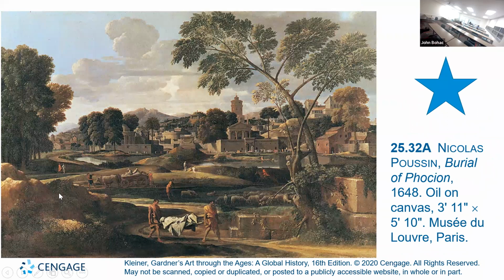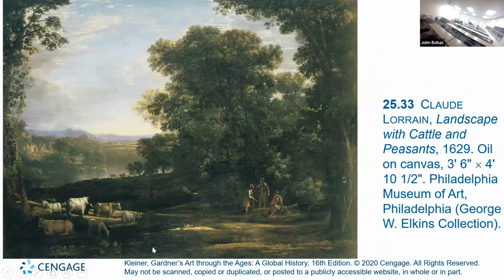Again, classical, Burial of Phocion. Bottom line, orderly, classical, and again, this was quite different from the Netherlands. Claude Lorrain starts to kind of take in some more of what the Dutch are doing. Ordinary people. These things are not mutually exclusive. These are themes that are running through these cultures. But there is this realism that comes through